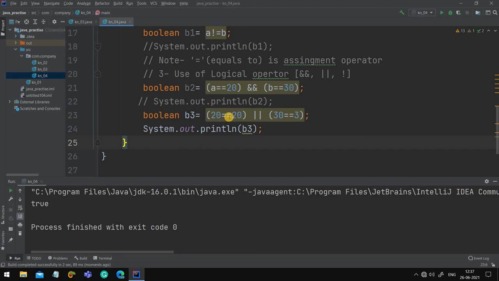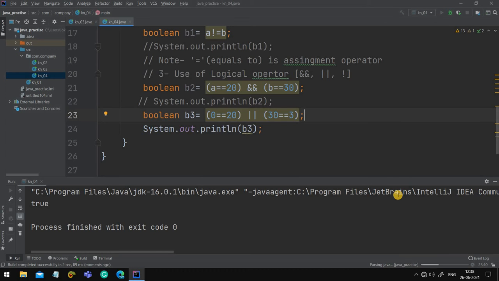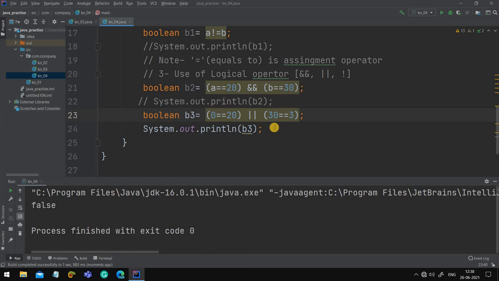So this condition is true. Only one condition is true, then also this OR will be true. Means with OR, if one is true, it's fine, if another is false, nothing happens. Another should be true. Now if both are false, what will be the output? The output will be false, because at least one condition should be true. At least one. The output came to be false.